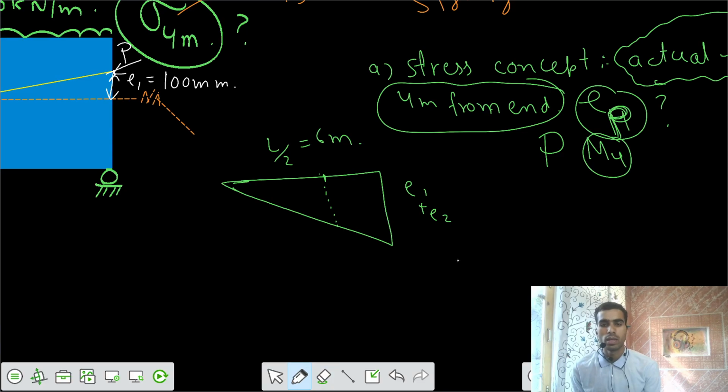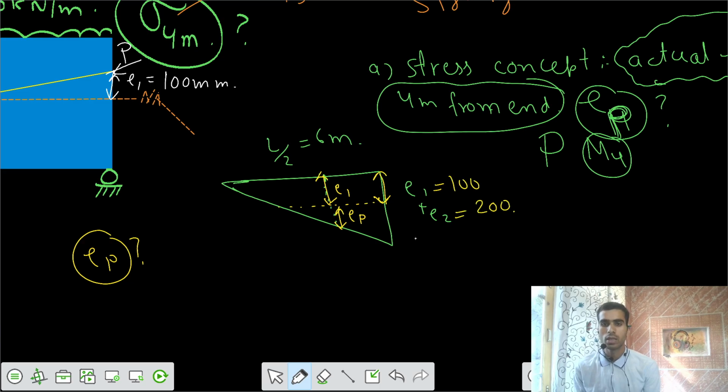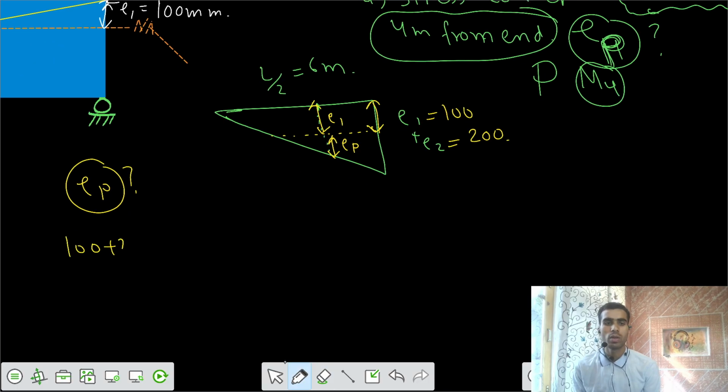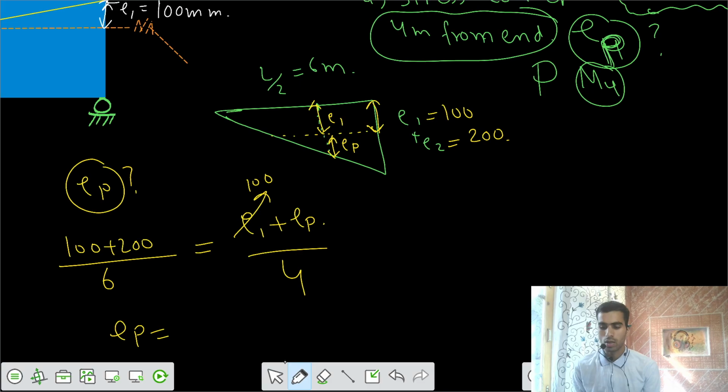So I would say that this is your E1 value. If this is E1, this is also E1, and there is some value of EP at that location. Can you tell me what is the value of EP at that location? If E1 is 100 and E2 is 200, based on similar triangles, 100 plus 200 for the length of 6 meters, but I need it for the length of 4 meters, and we have E1 plus EP. E1 is 100, so I can solve EP equals 100 millimeters